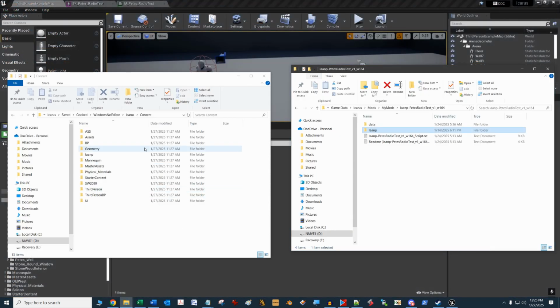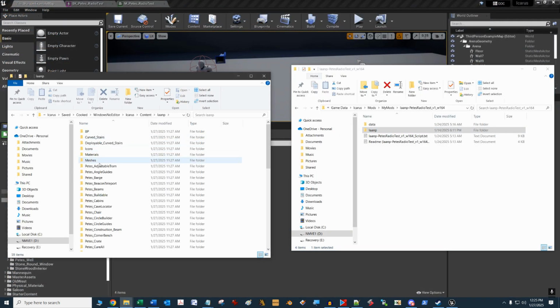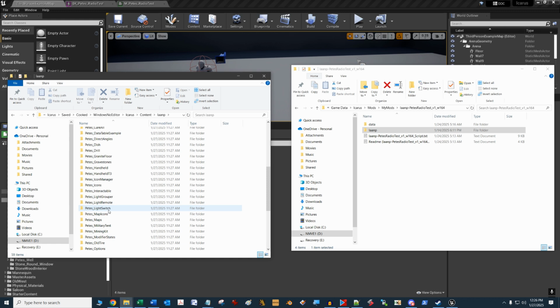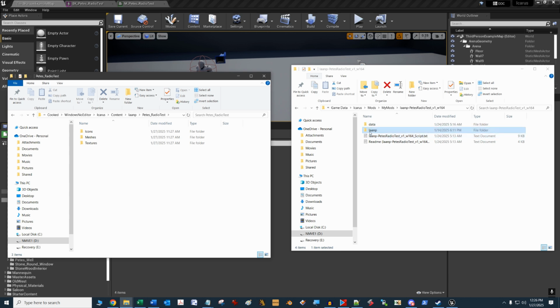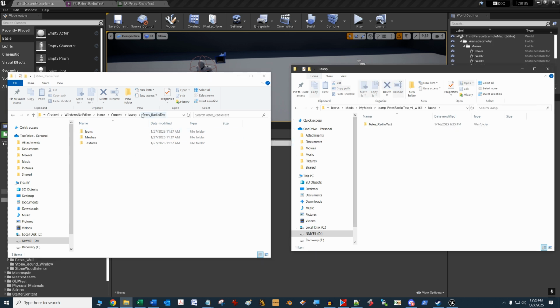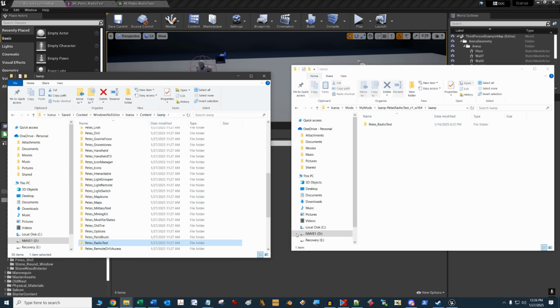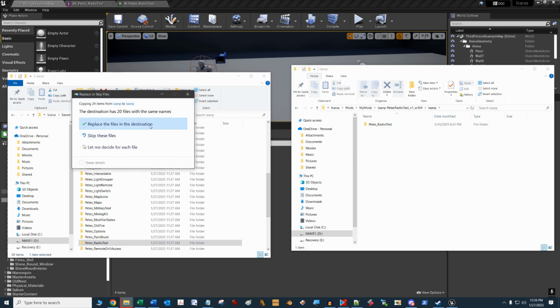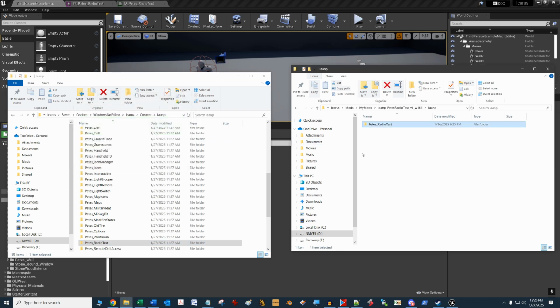You will notice that the same folder structure is required in your mods folder as the folder structure in the UE4. I will navigate to the top level name of my mod and copy the entire folder contents over to my mods folder. I have another video that describes some of the sleuthing that is required to locate the right assets in the game, but I've done the